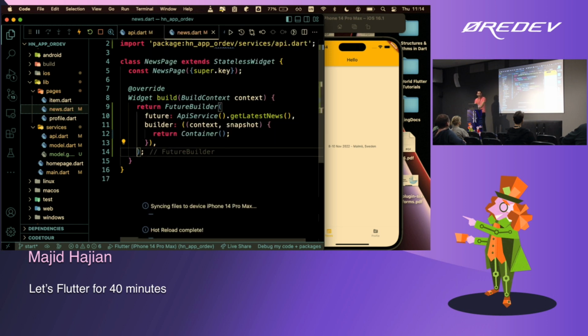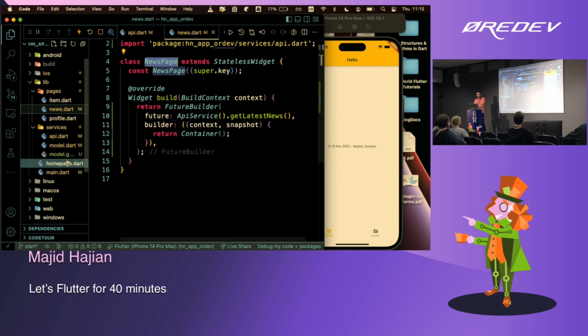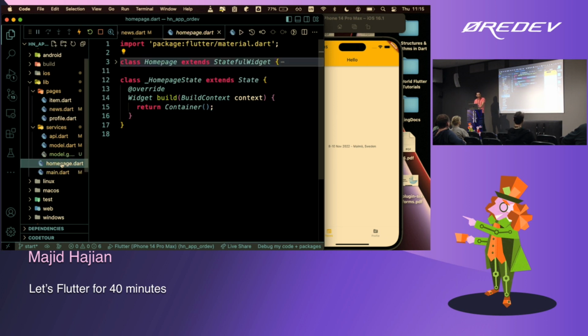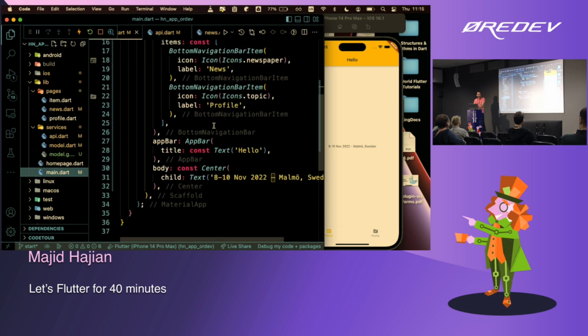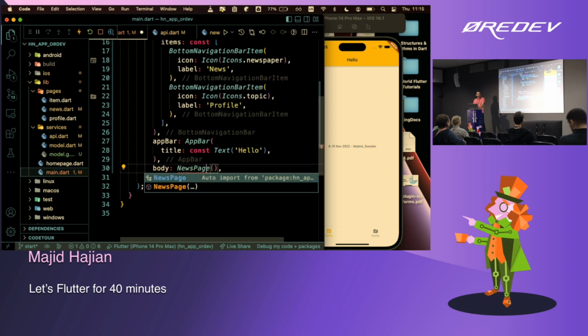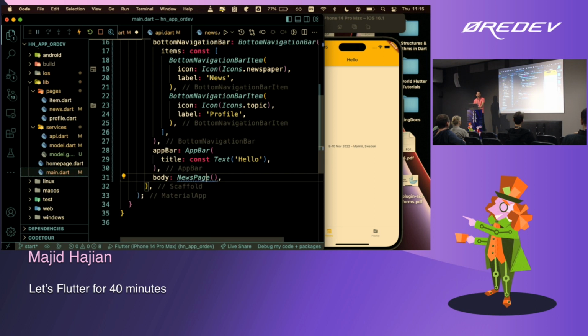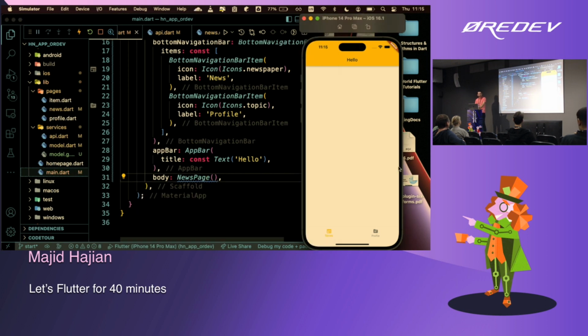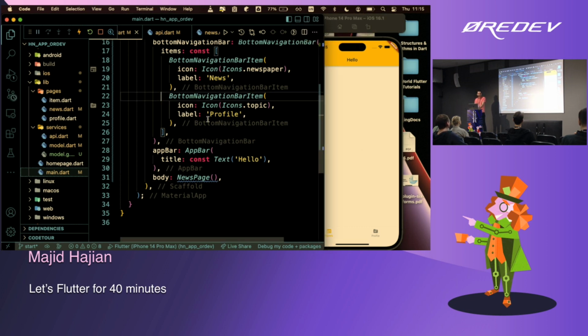So every time now I come to this news page, where do I need to use this? I'm just going to go in home page. And for now, not home page, let me go to main. And for now, instead of this body, I'm just going to use news. So now every time I come here, now it's gone, but there's nothing here. We still have not rendered anything. It's just a container. It will just fetch the data and show the data.